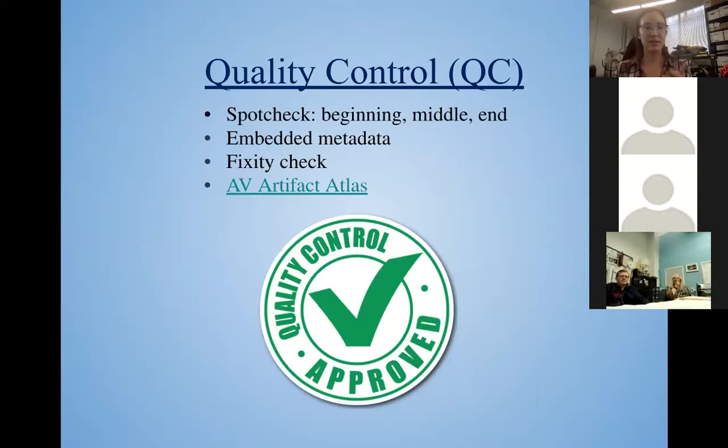So you spot check the beginning, middle, and the end, just to get an idea of how everything sounds. Is the speed right? Are there tons of errors going on? And the AV Artifact Atlas, which you can click out here to, which I really recommend that you check out, will help you in determining whether an error is something that's inherent in the audio signal or not. That takes a bit of practice, but honestly, what you're really looking for with the